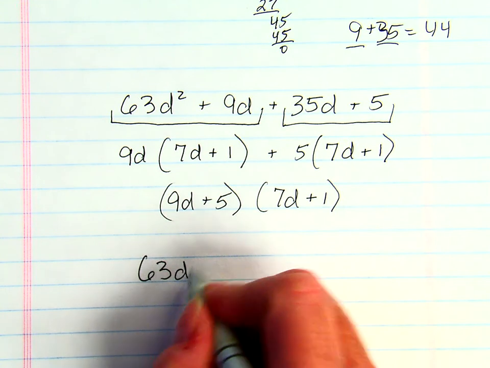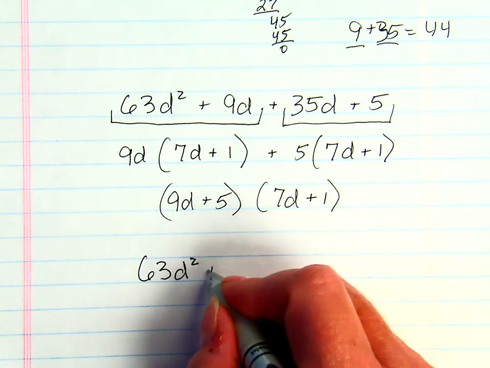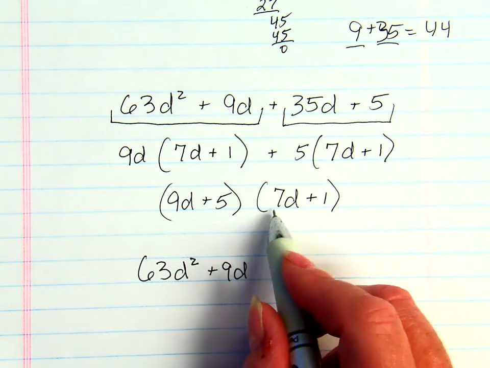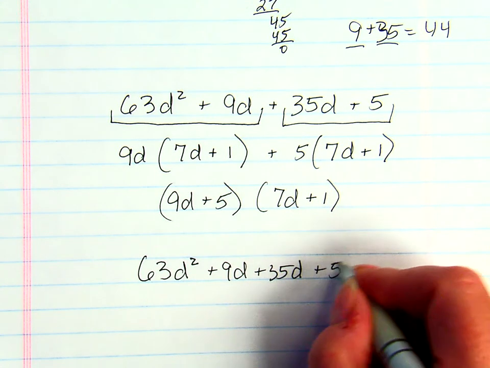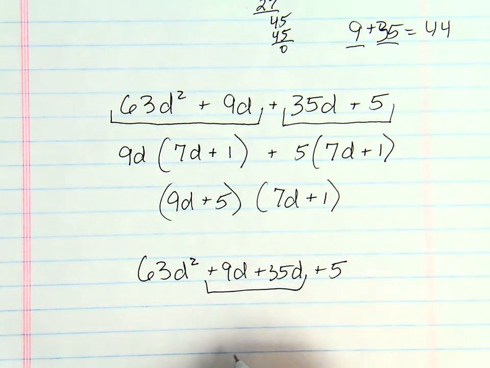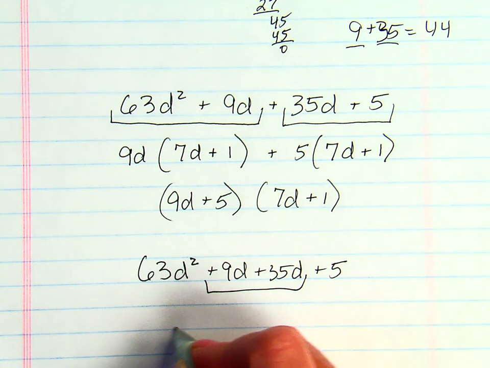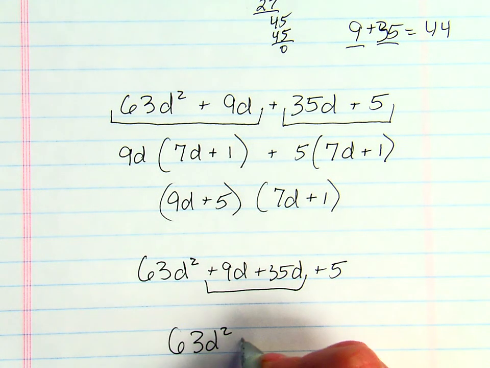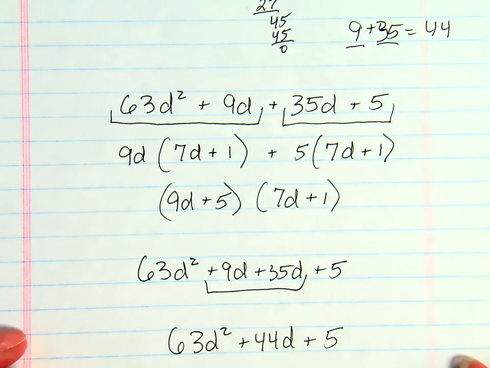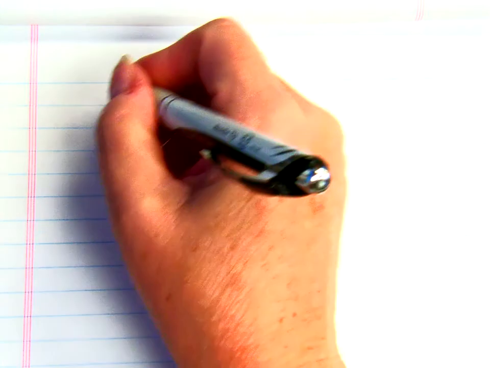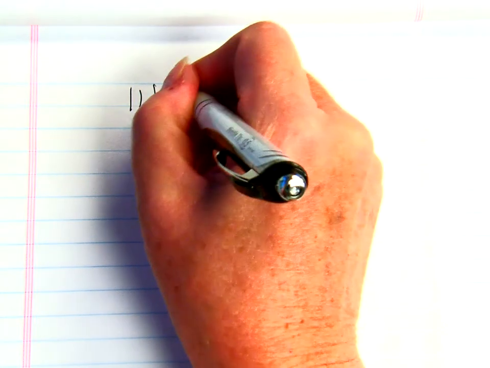So first, I've gotten 63D squared. My outside is plus 9D. My inside is plus 35D. My last is plus 5. And when I combine those center terms, as we knew would happen, I come out with 63D squared plus 44D plus 5. Okay, let's do one more problem and then we'll call it a day because we are doing very well here. Last problem, 11K squared